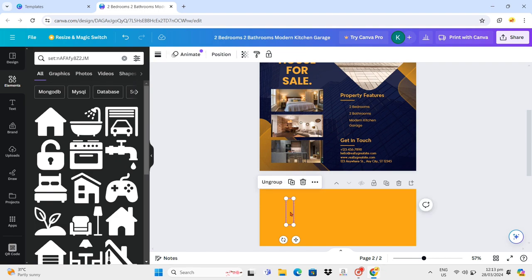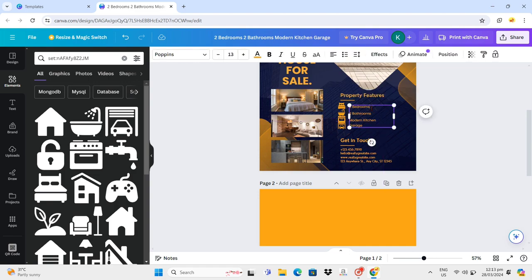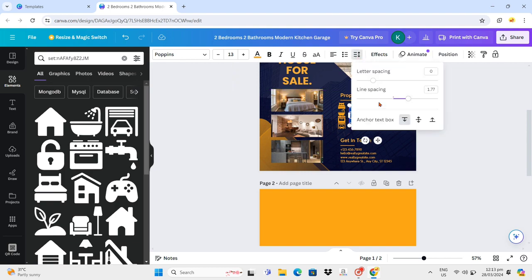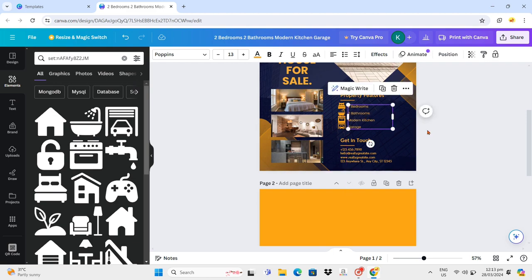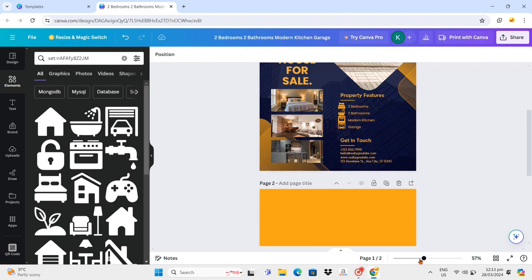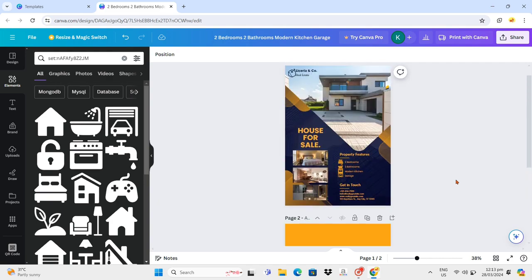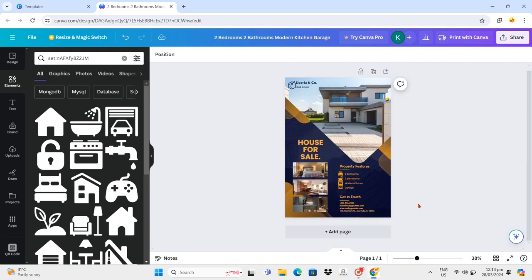Now you just have to click on group, and then you just have to drag it right here and place it under the property features. Okay, now you just have to adjust the spacing. So just click on the spacing icon and then drag that spacing bar accordingly. Okay, and then once you're done, we can now delete the second page since we will not be needing this one anymore. So just click on the pin icon,